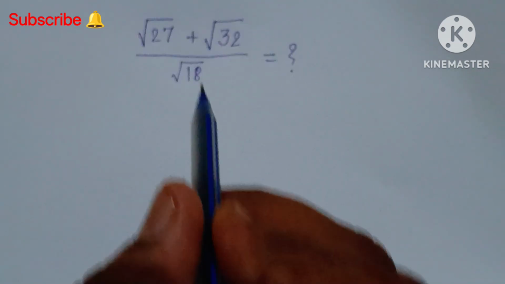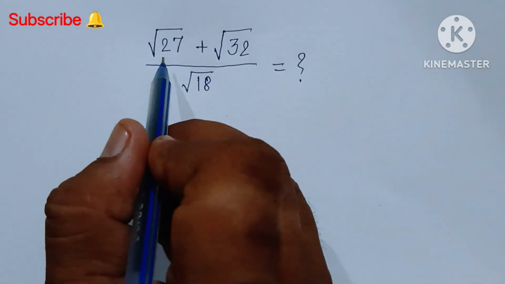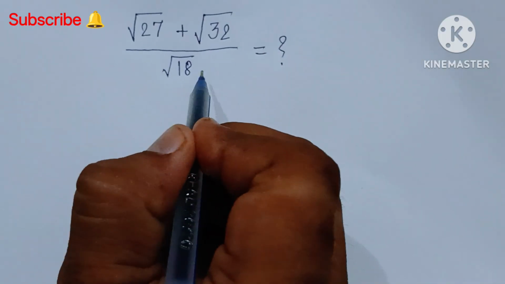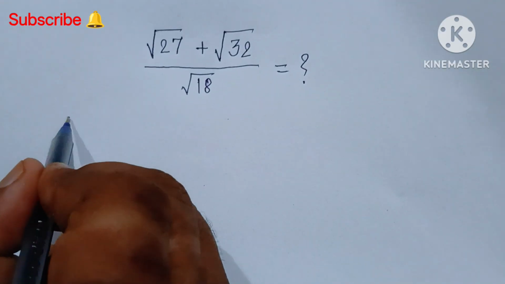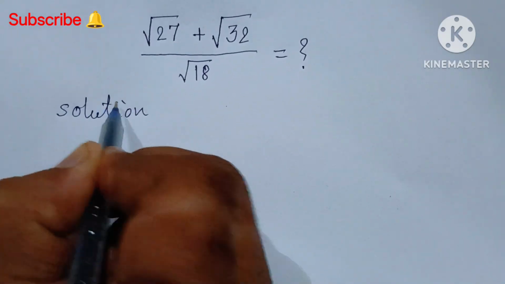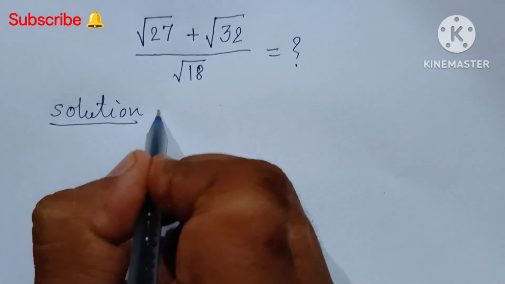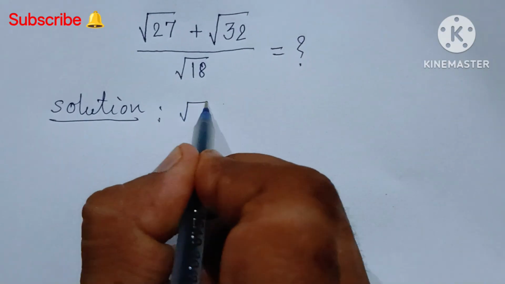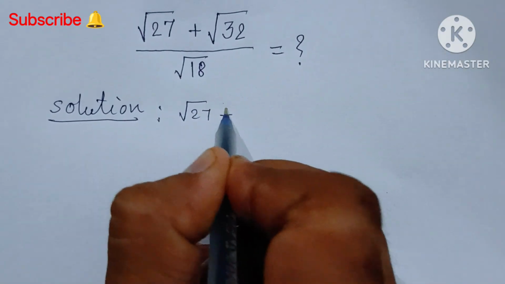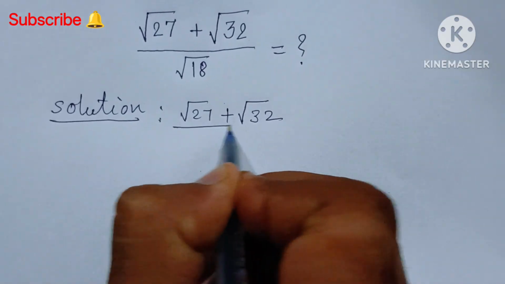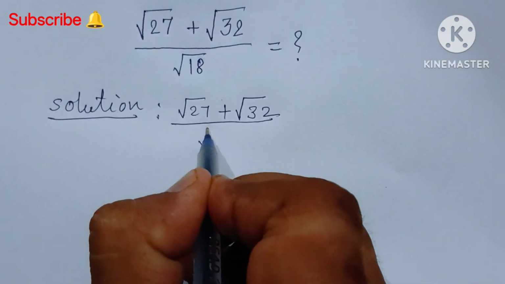Hello everyone, today we will see how to simplify (square root of 27 plus square root of 32) divided by square root of 18. How can we find the solution? So see, the solution: under root 27 plus under root 32 divided by under root 18